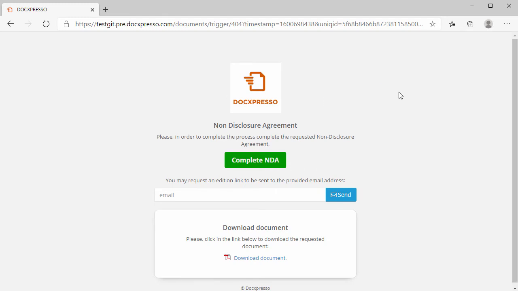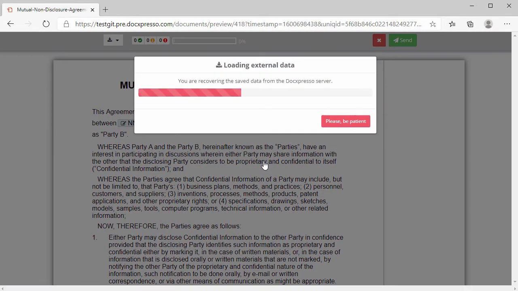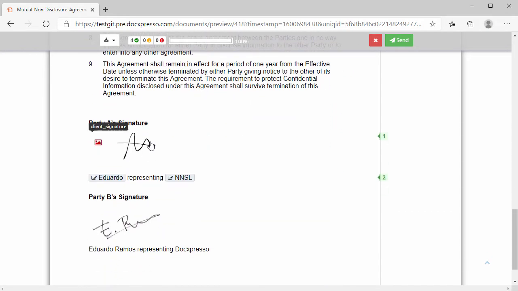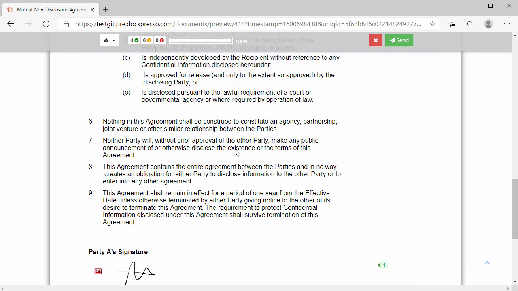page where I can do several things because of the checkboxes that I have ticked before in the trigger. Of course, and the most important thing is I can proceed to complete the NDA, or I can send to the email of my choice a link to continue the edition later, and I can also download the document I have just completed. But the most important part, if I hit complete NDA, like you can see, the data has been forwarded to this template, even my signature,